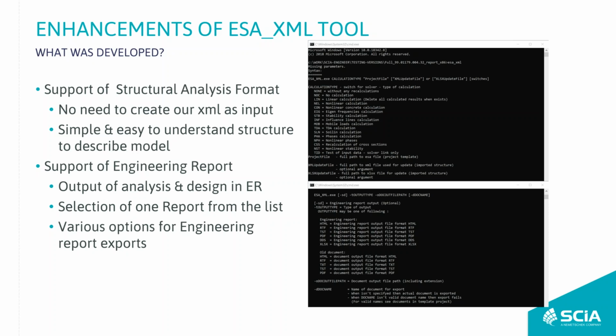So you can define the SCIA Engineer project and an XML file which could be used as an update, and in the command line or in the process you can also create an engineering report. If you have various engineering reports in the template, you can select which one you would like to use for the documentation,